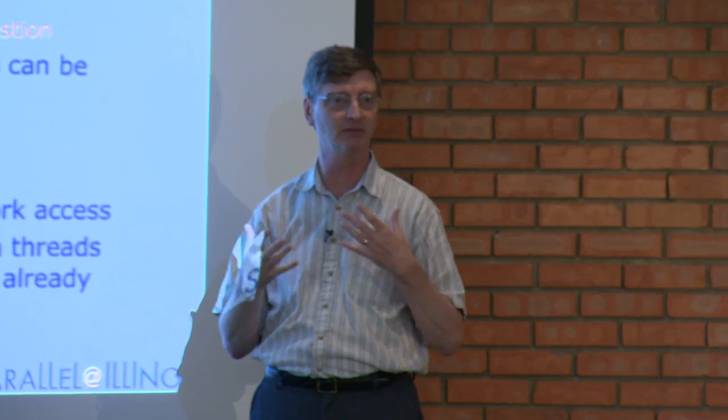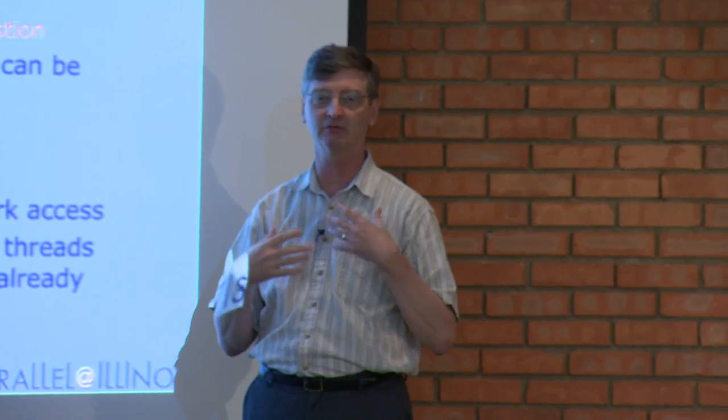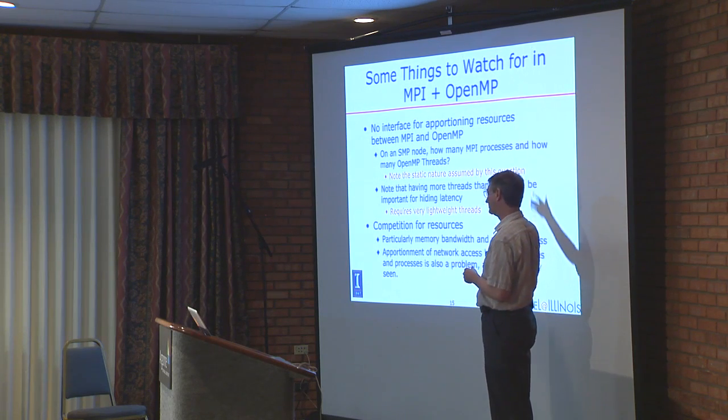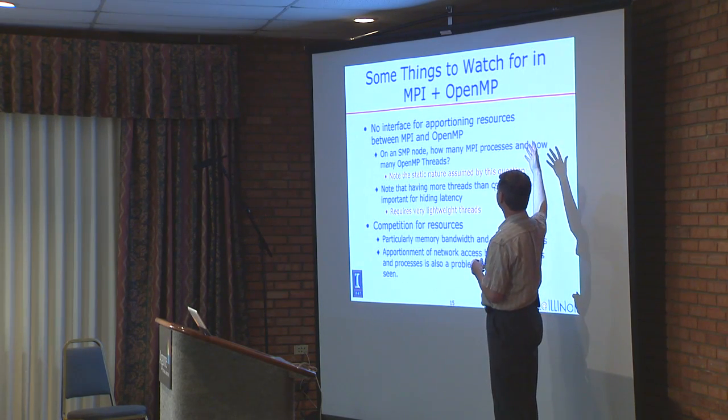If you go back and look at some of the older papers in the hybrid model, some people got truly terrible results, sometimes traceable to the fact that OpenMP and MPI both believed that they had total, complete ownership of all the resources, every single core, every single cycle, and they ended up fighting over those cycles, and the user was the victim, because they'd spend all their time pounding on the same resource without making much progress. And it's not just the cores, you can have memory bandwidth,